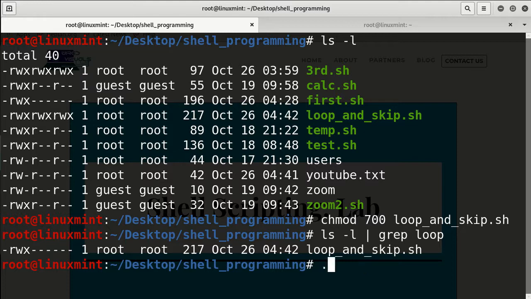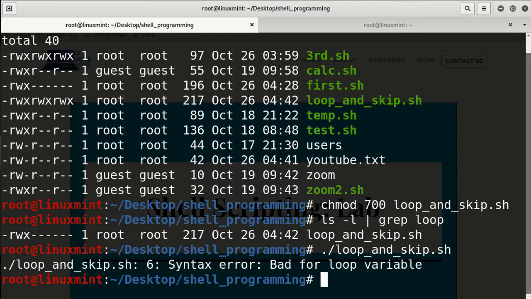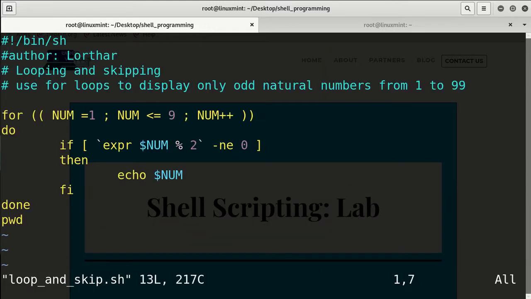Let's just execute it first, and okay. So why are we getting this? We'll look into it now. It's because of the shell that we're using. It's very important. We're just using the general shell, and the reason it did not work is because this Bourne shell does not recognize a for loop in this manner.